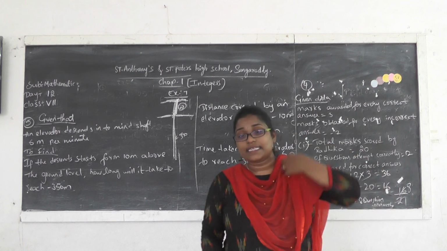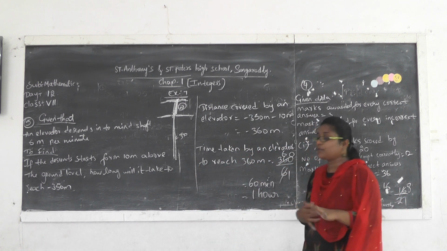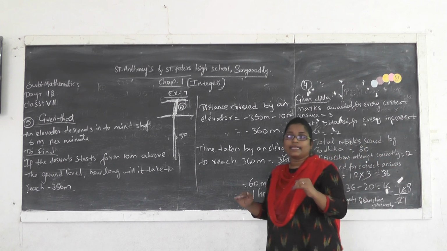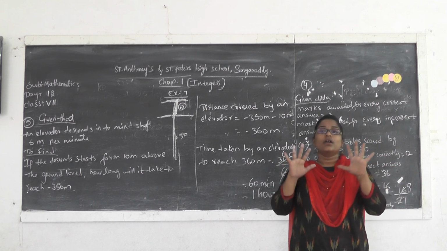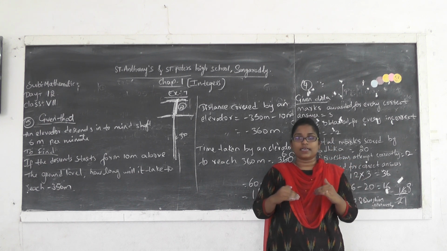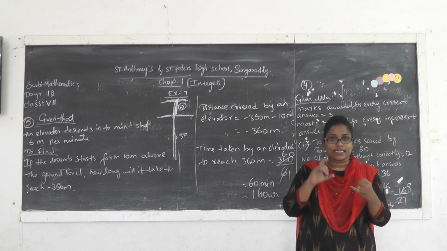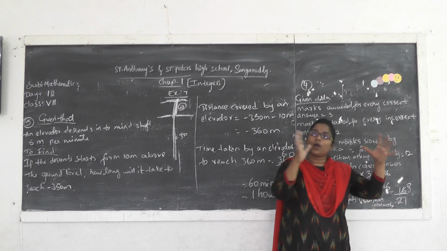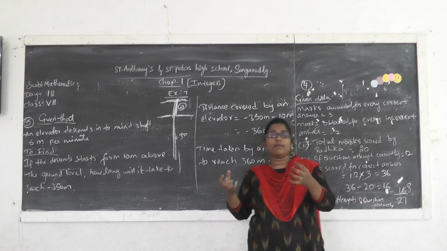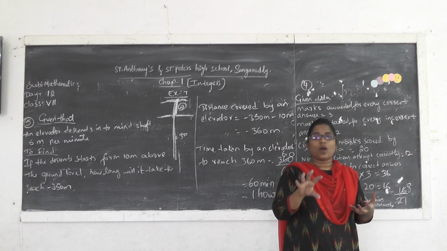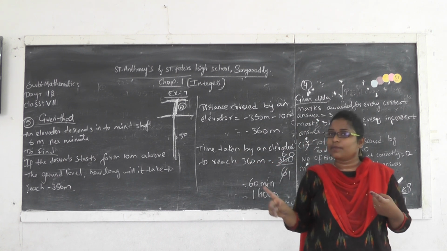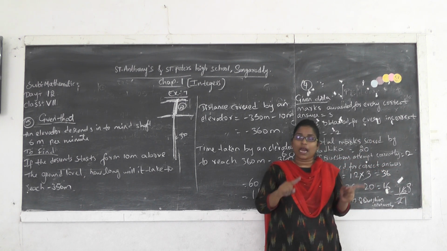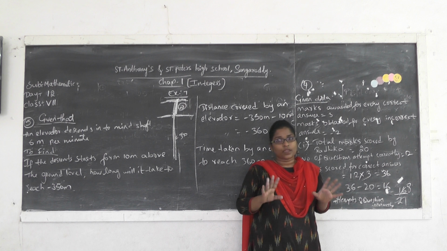Now, this is the final concept of integers in this grade 7. So in grade 7, let us go through a quick review. In grade 7 integers, up to now we discussed what is meant by integers. Integers is nothing but all the positive numbers, all the negative numbers, including 0. 0 is neither a positive number nor a negative number. Integers are denoted with capital I or capital Z. Are you able to understand?